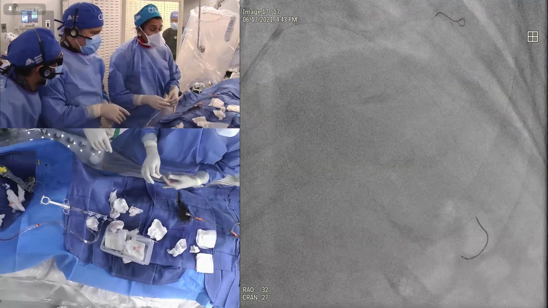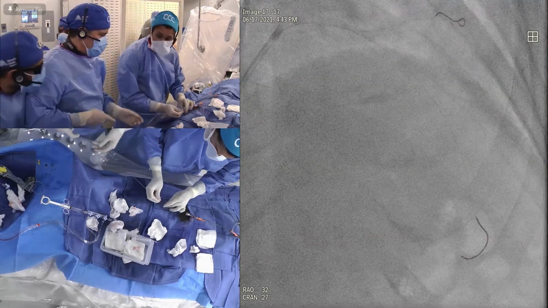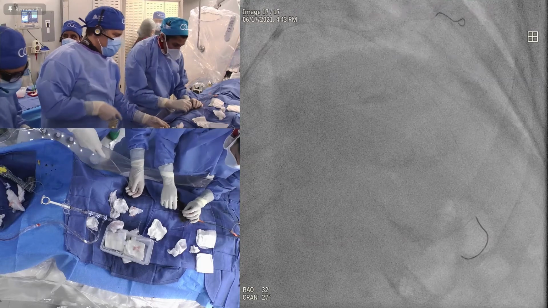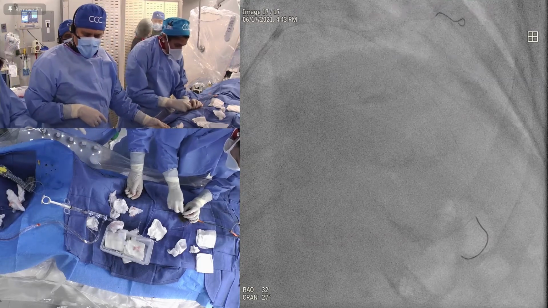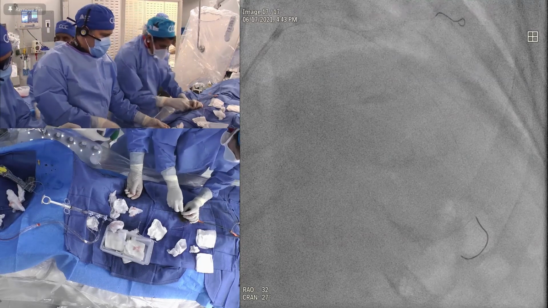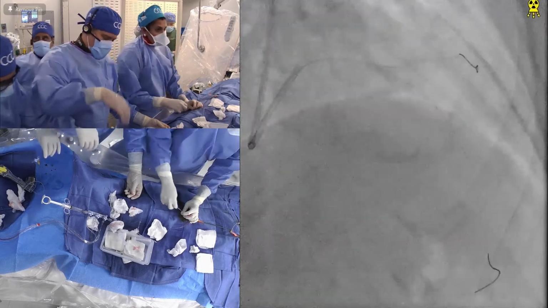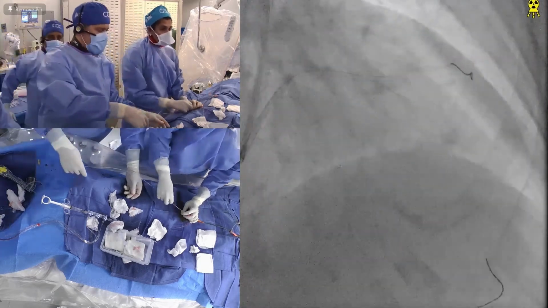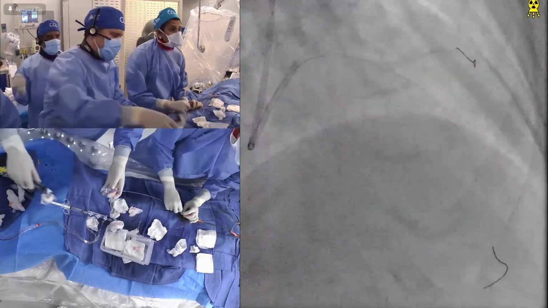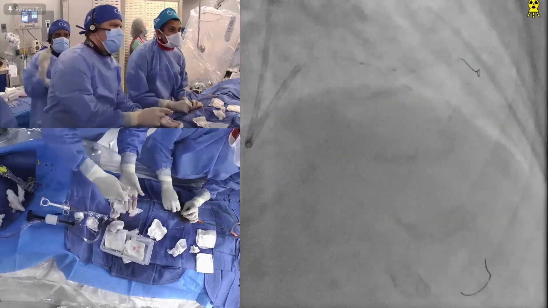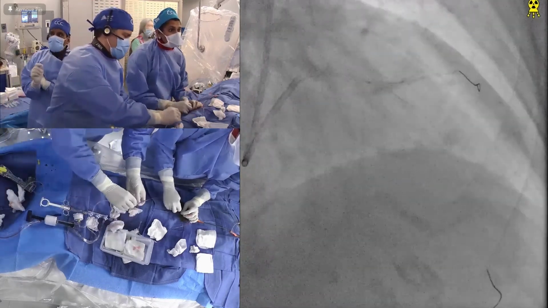The trial 3.5 became, in my opinion, like 3 to 5? Yeah, good. That's fine. Once you put a bailout, when people ask about the bifurcation, do you put 2 stents or 1 stent? I said that should not be the debate. The debate should be to identify those 10, 20, 30% of cases where you will need 2 stents. And those cases go forward.